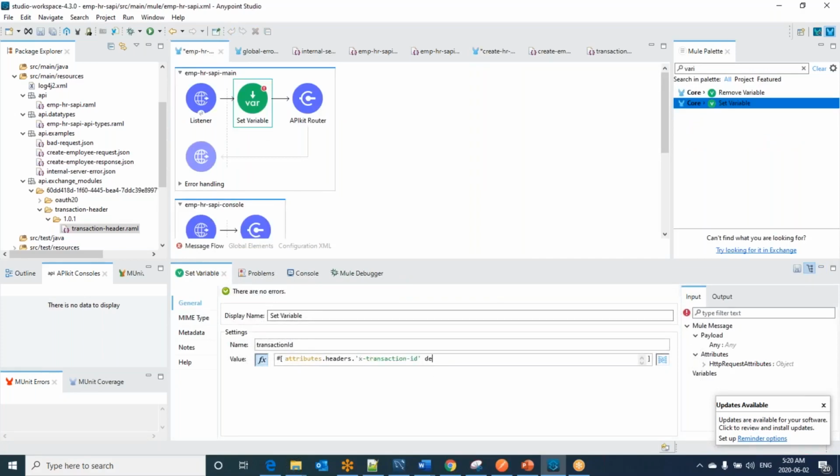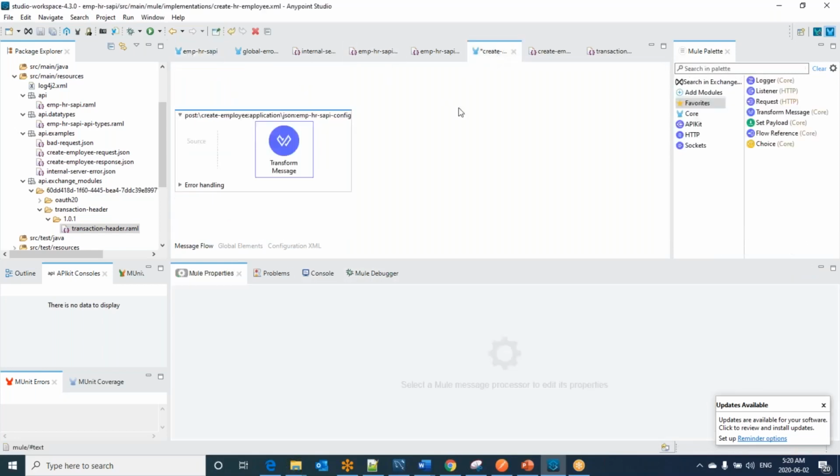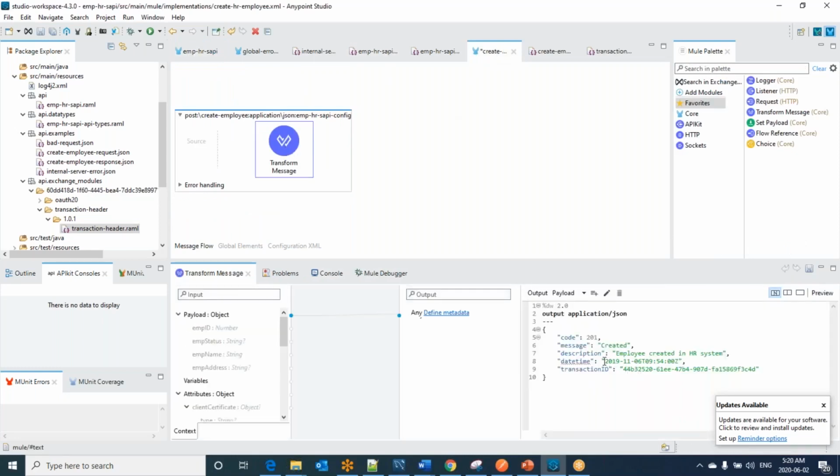And if it is not coming, let me make the default as UUID, which will give me my own transaction ID at the flow level. Let it be transactionID. Let's save it. Now this transaction ID, I am going to inject in my happy path response, even in the error scenario also. So here I should not hardcode the value. I want the current date time in that format. So we get the now as